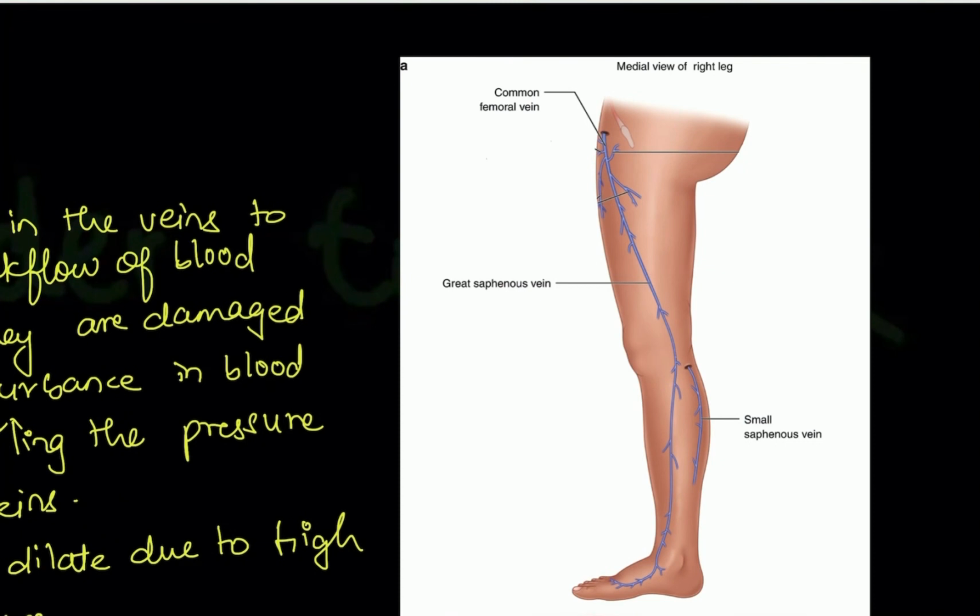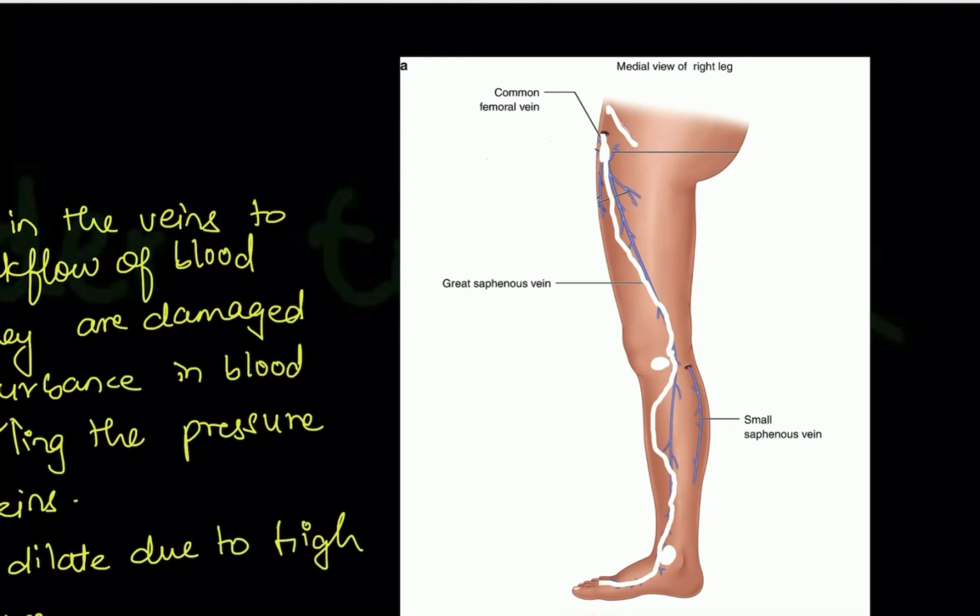So you have this great saphenous vein, right? It is coming from the medial and anterior compartment. Okay, it will cross the medial condyle at the knee. It will cross the medial malleolus anteriorly and will go into the thigh, and just before the inguinal ligament, it turns into the common femoral vein or femoral vein.